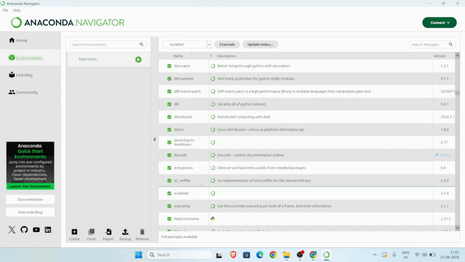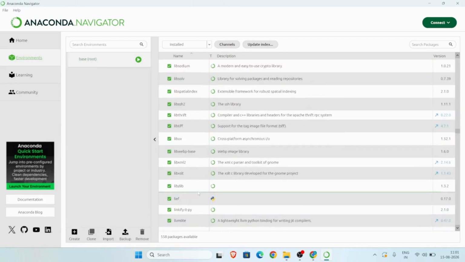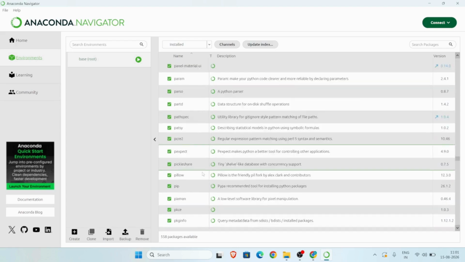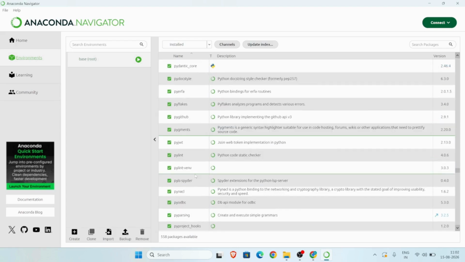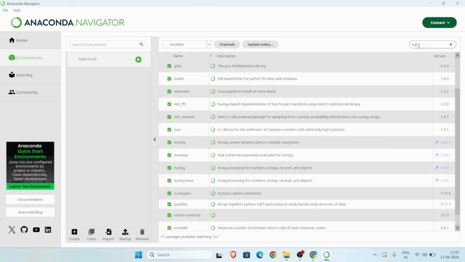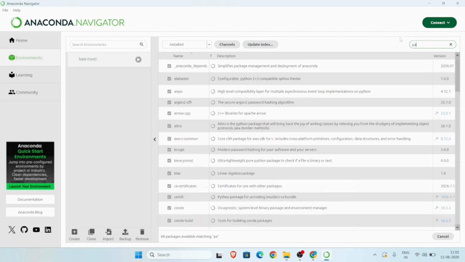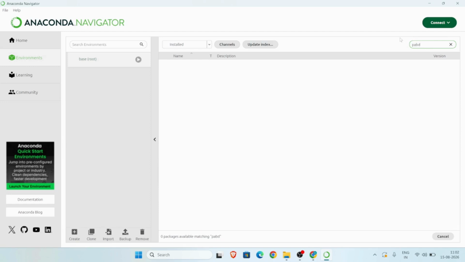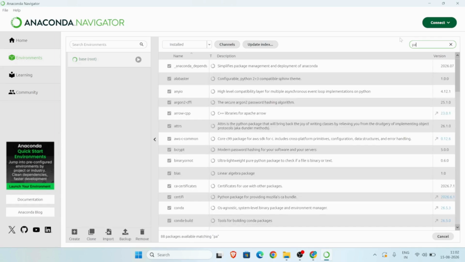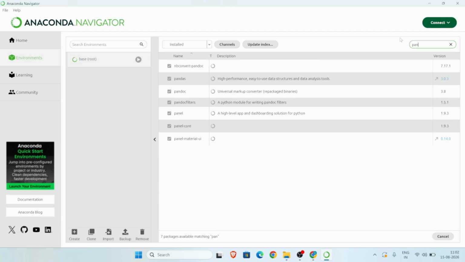And these all are the installed libraries. In case you want to install some more package or library, or you want to see whether the package has been installed or not, you can search from here, right? Like if I write numpy, so you see this package is already installed. Or you can say pandas. These are some packages which we will be using to clean the data and all. So if you write over here pandas, you see it is already available. So in case anything is not available, you can check and you can install it, right?